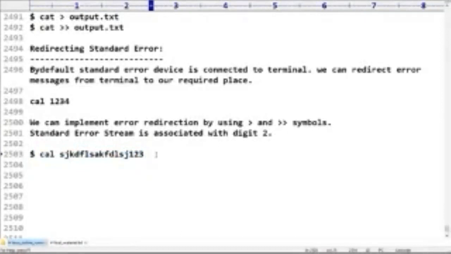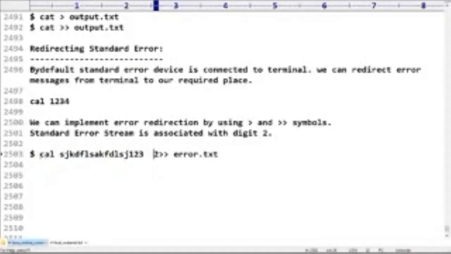Can you please send that error to error.txt? What is the way I can do that? Digit 2 redirection, like 2 greater than error.txt. Is everyone in the position to understand the meaning of this? Respond.